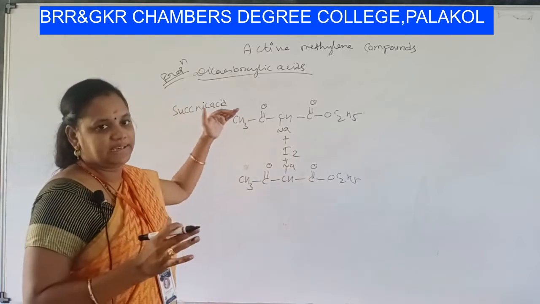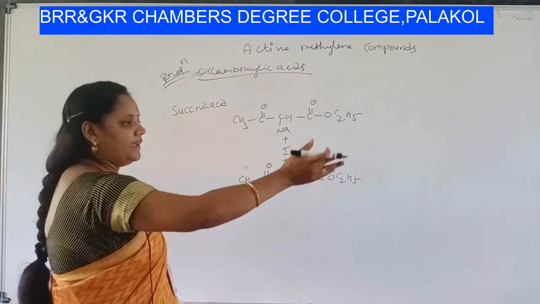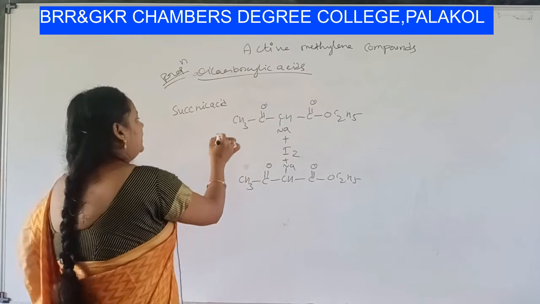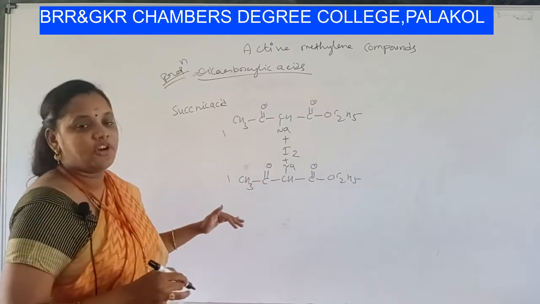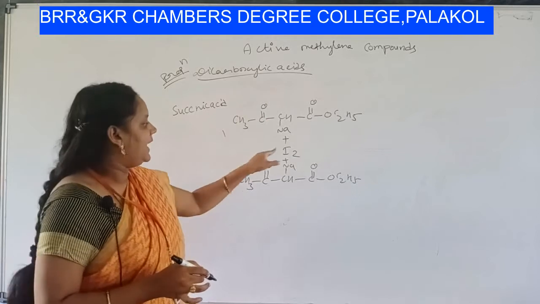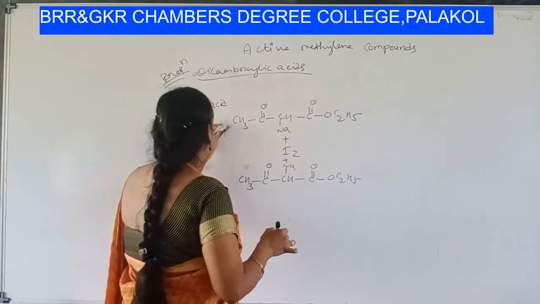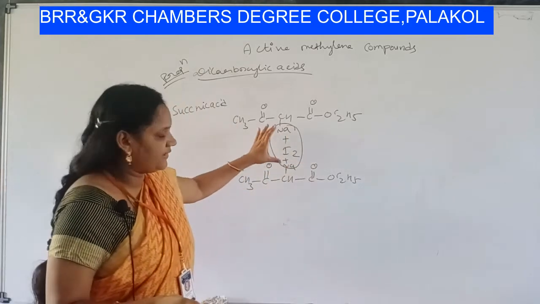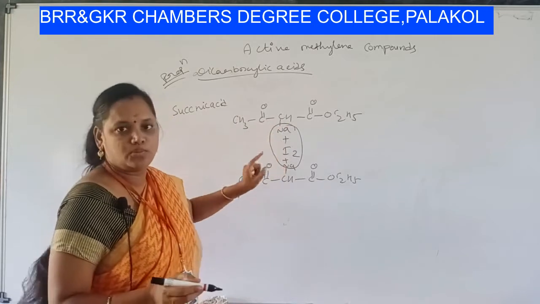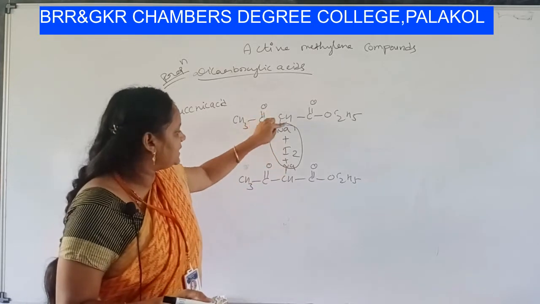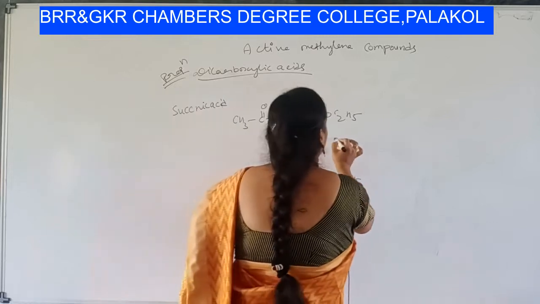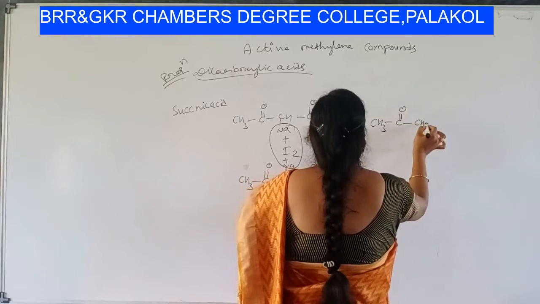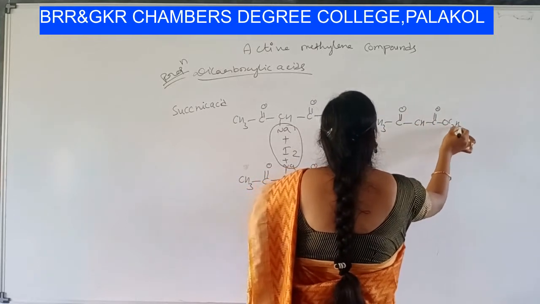So to understand clearly, I am writing like this, students. You may write like this also, 2 moles. So you have taken here 1 mole and here 1 mole. 2 moles of sodium salt of ethyl acetoacetate and treat it with iodine. What happens? 2 moles of NaI are removed. It's a very simple reaction. 2 moles of NaI are removed and this CH will get attached to this. So you will get the product CH3, C double bond O, CH, C double bond O, OC2H5.